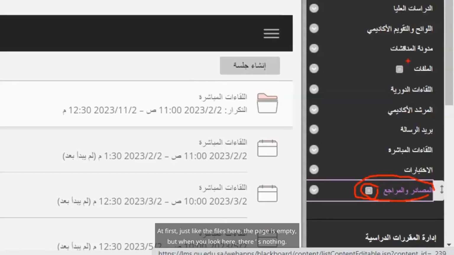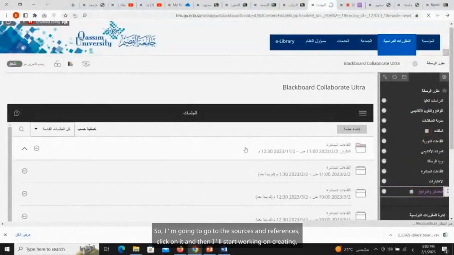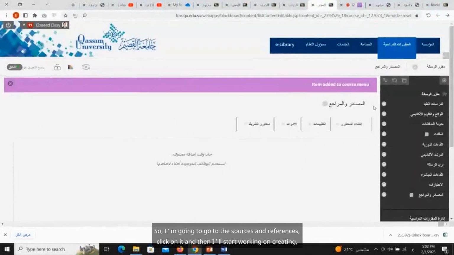At first, just like the files here, the page is empty, but when you look here, there's nothing. What does that mean? It means that content has been added. It's not empty anymore. So I'm going to go to the sources and references, click on it, and then I'll